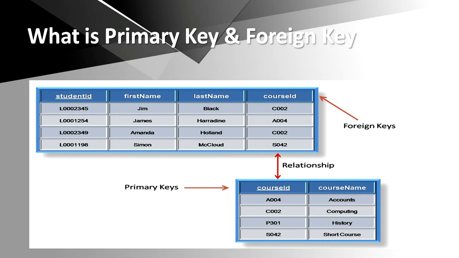So it solves our problem like this. Whenever you change any course ID here, S042 for example, if I say S041, it will automatically change it here. We can do it through on cascade update and on cascade delete. I will discuss in more detail how, if we change the records in the parent table, it will get affected in the child table also. So this we will discuss in our next video.